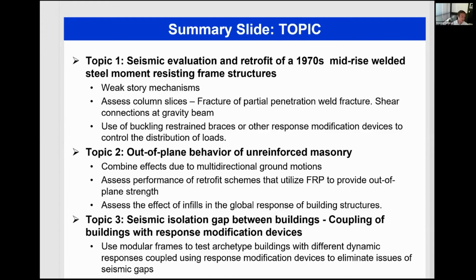So we identified that there is a need to use this opportunity to utilize the shake table to assess the dynamic effects in these steel moment resisting frames, and try to evaluate retrofit schemes that may utilize different configurations of seismic response modification devices, such as buckling restrained braces, to control the distribution of the loads throughout these vulnerable frames. The second topic